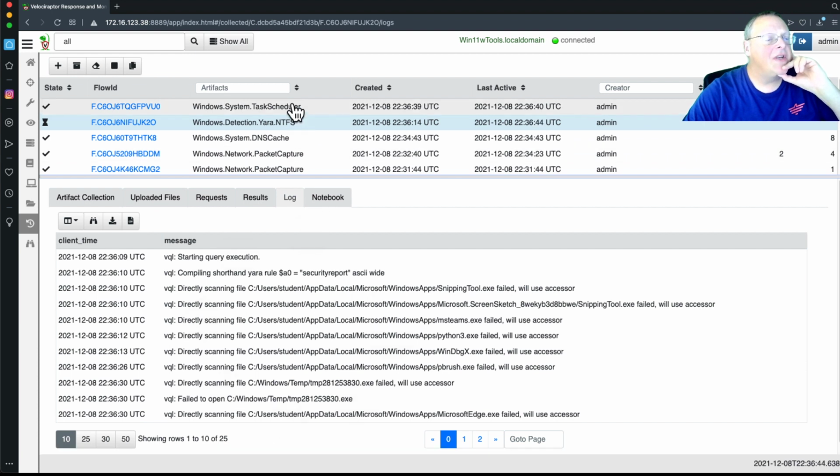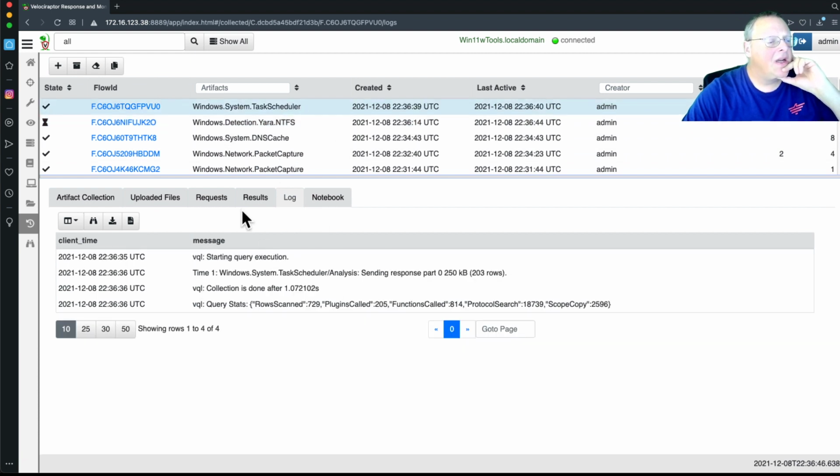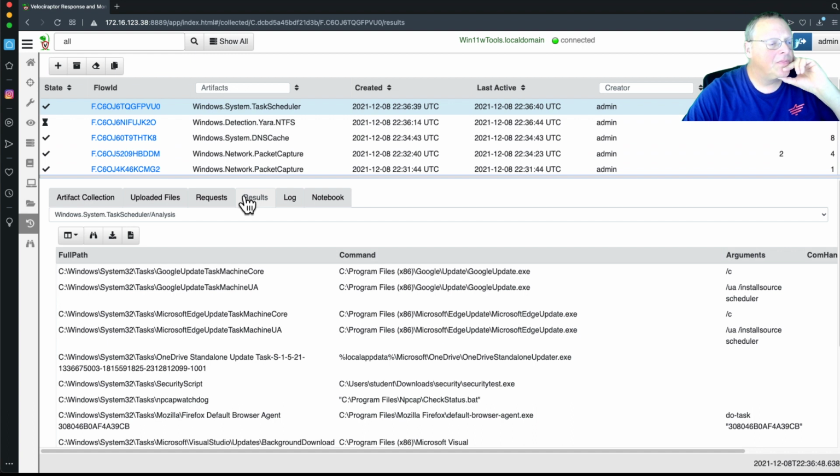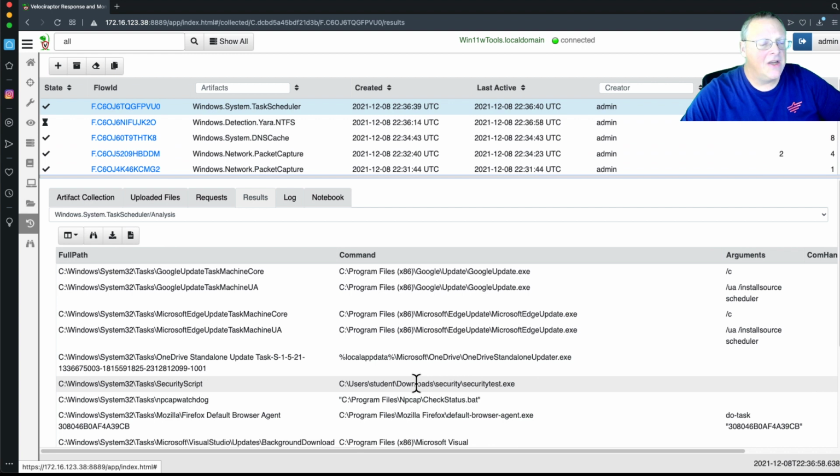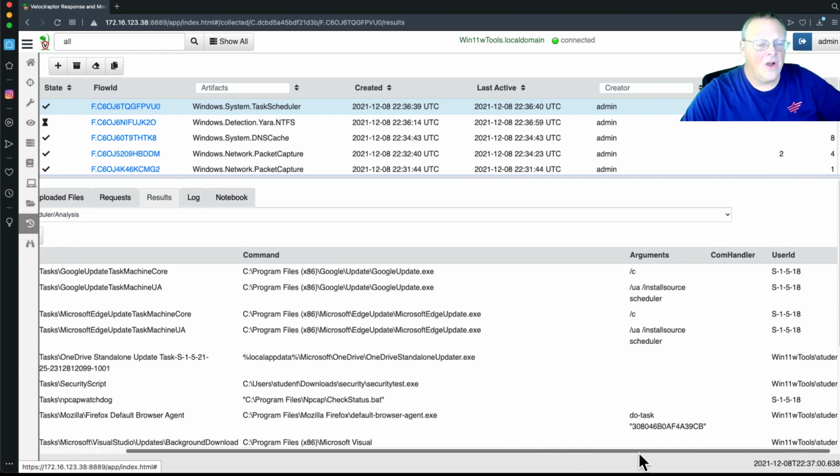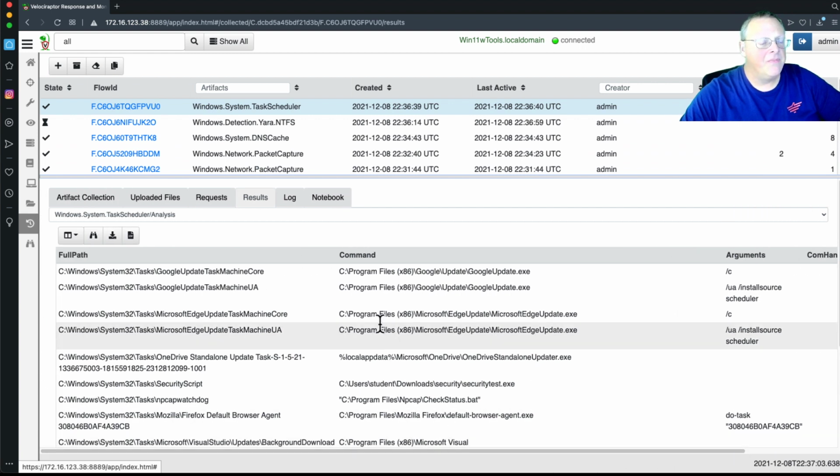The scheduled tasks is done. And here's the results. And you see some Microsoft Edge update, Google update, and there it is, securitytest.exe. Security script is the name of this task. There is a scheduled task launching that executable periodically. And